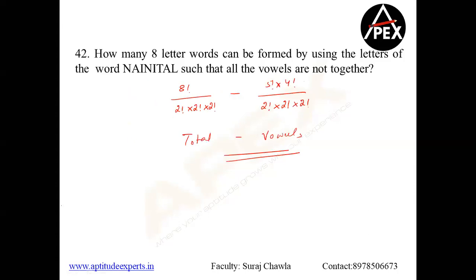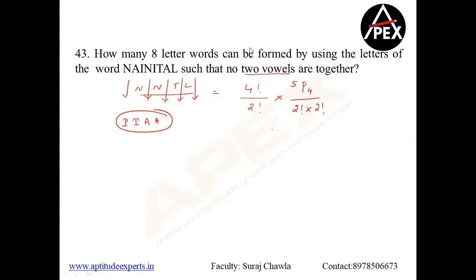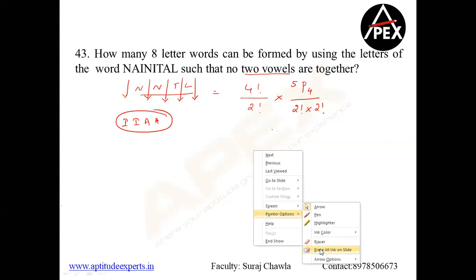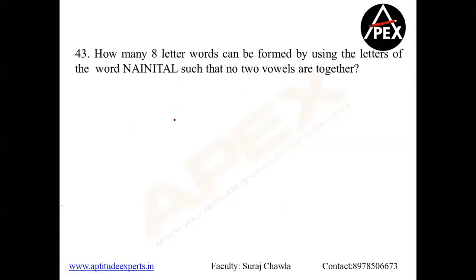Question number 42 says all the vowels are not together, and question number 43 says no two vowels are together. Neerja, were you present yesterday? Yeah, that's why Narendra, I'm not searching it. Don't worry. The people who are asking me the question, I'm sure you were absent yesterday. So please kindly bear with the other 100 odd students who were present yesterday. 190 students are in the class. So please excuse me. I will clarify your doubt after the class in case you were absent. But as of now, for the greater good of others, let's not repeat it.